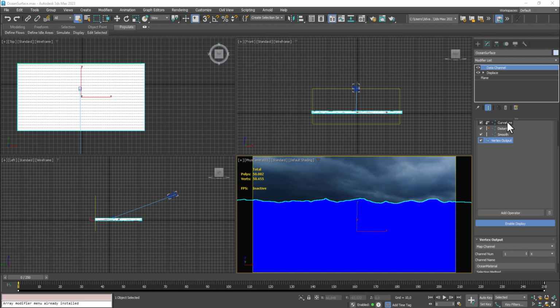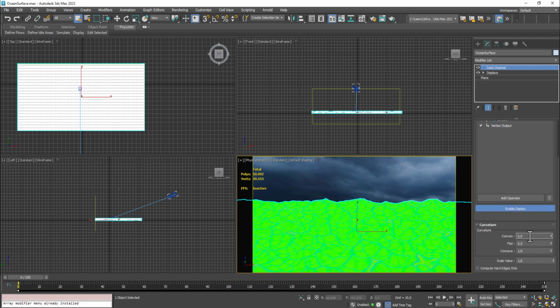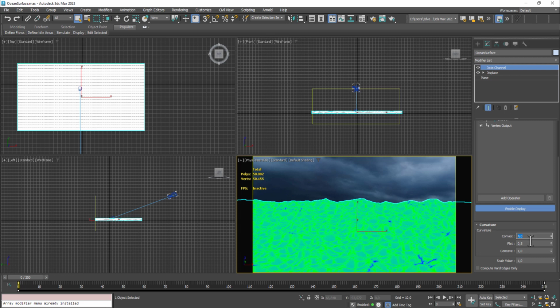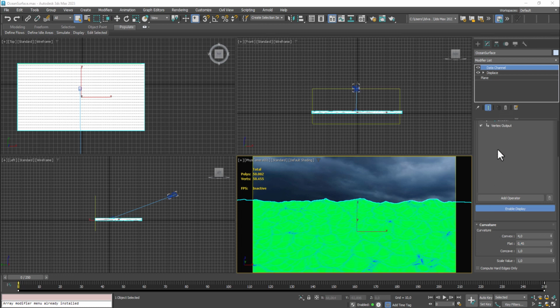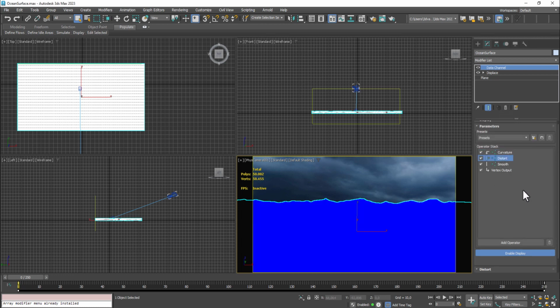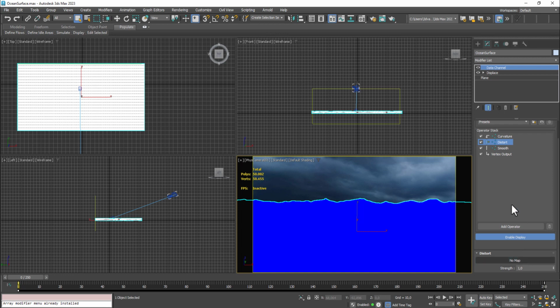And select curvature and this value maybe 4. Yes. And maybe yes or yes. Okay. And select distort and add map